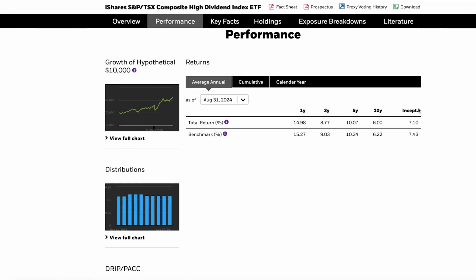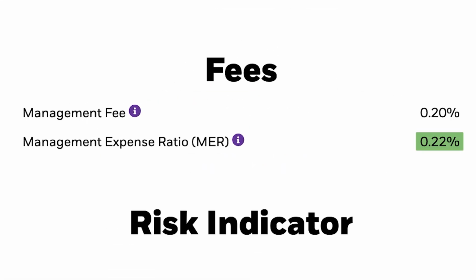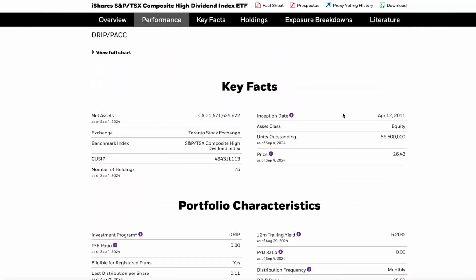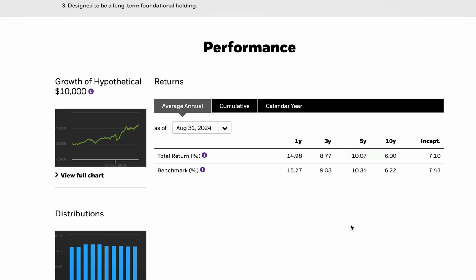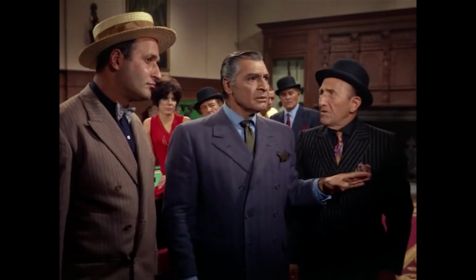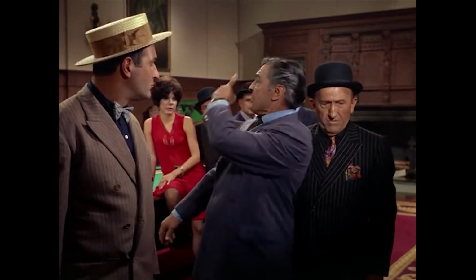Another popular Canadian ETF is XEI from iShares. It has a similar management expense ratio, 0.22%, and it shows decent annual returns over the last 5 years and 10 years. Yes, these returns are lower than for the S&P 500 index or the growth ETFs, but that is expected. As I said, dividend-paying companies normally do not grow as much and do not fall as much. It sounds reasonable. Does that sound reasonable to you?